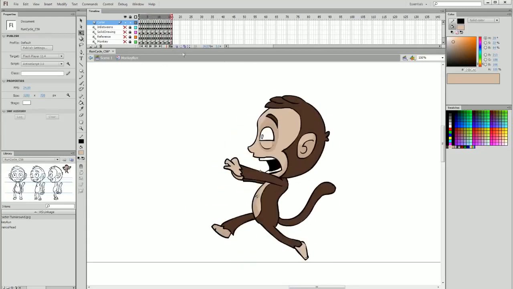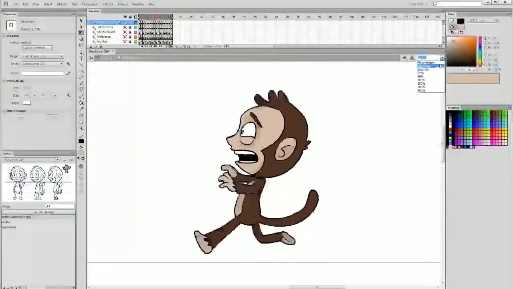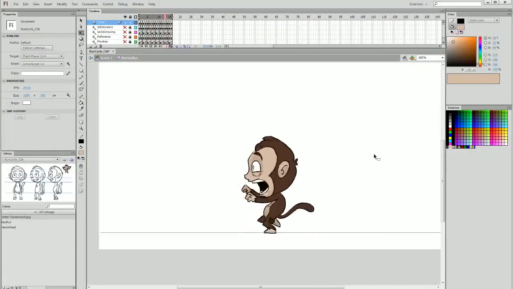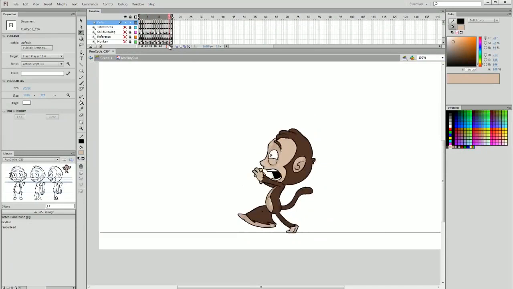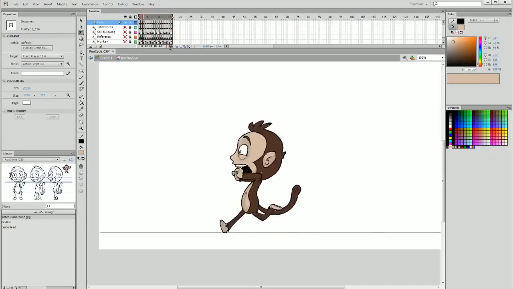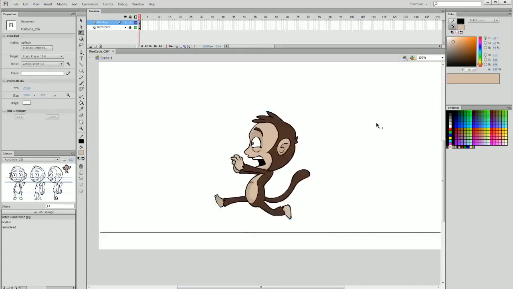So here we have our finished monkey, and I'm going to put on that loop and I'm going to zoom out, and that is a run cycle I'm very happy with. A frame by frame run cycle. I don't really need to do any motion tweaks because I'm quite happy with the outcome here. So there we go. That, ladies and gentlemen, is how you create a frame by